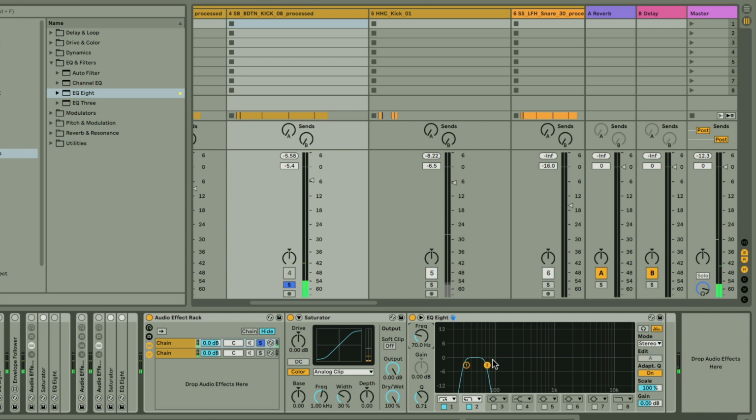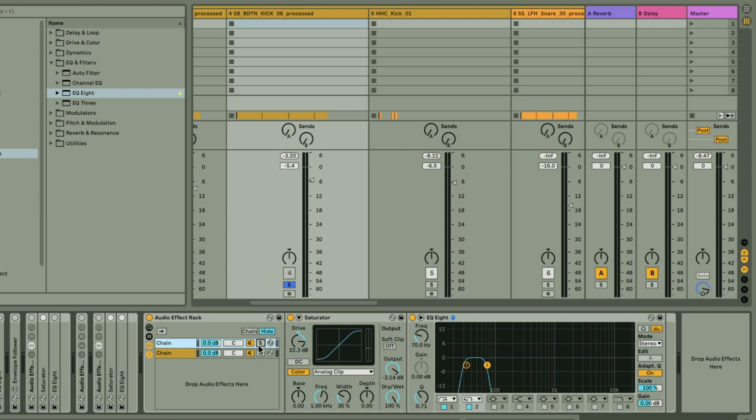So now we've just isolated the sub frequencies there. We can saturate them as much as we like to really fatten them up there